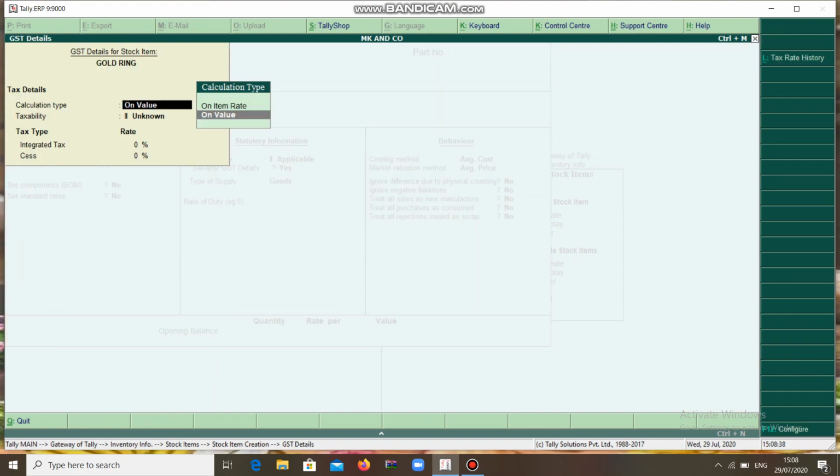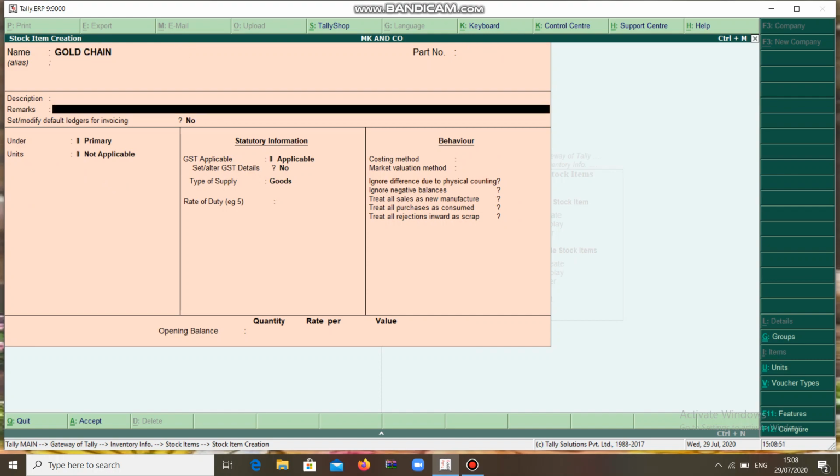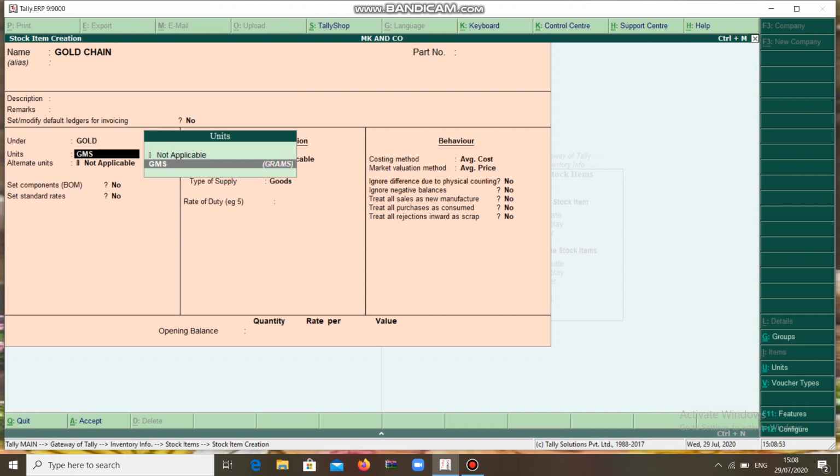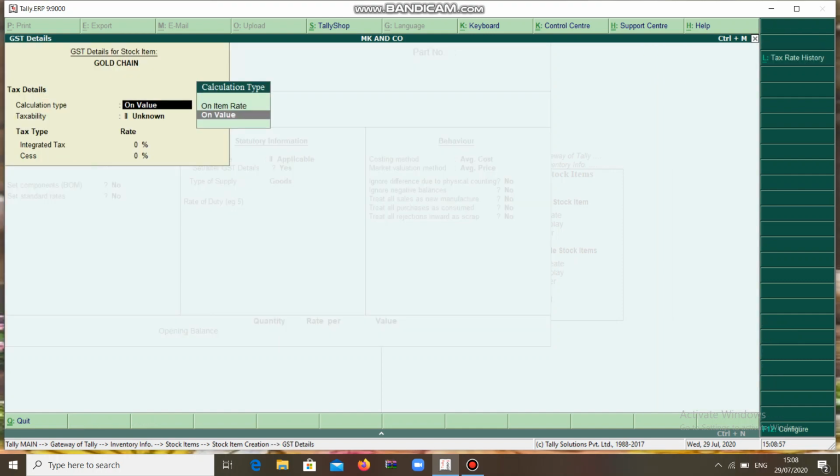Applicable yes, on value taxable 3%. Next, gold chain, it is to become under gold, grams, applicable yes, here on value taxable 3%.